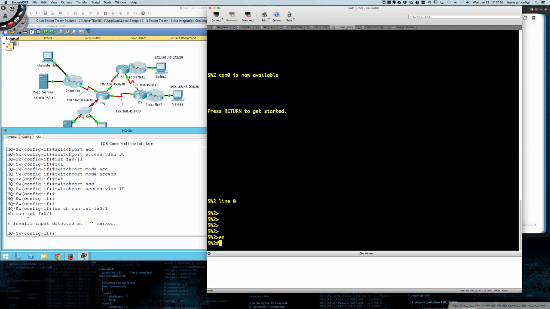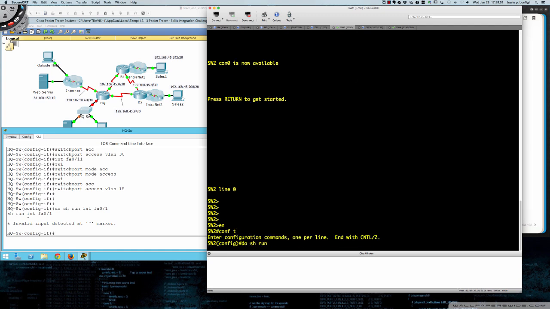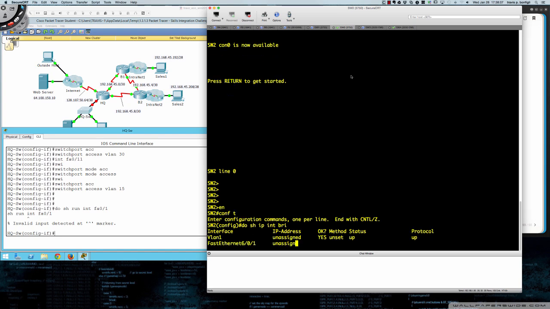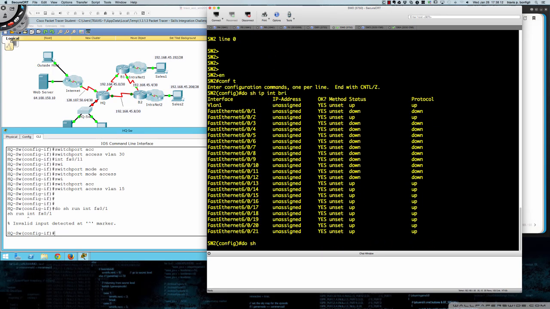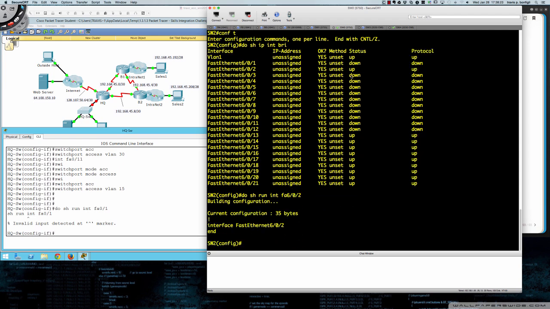So even if I was in global config mode, if I do show run interface, and now I'm realizing I'm not sure what the interfaces are here. So how about do show ip interface brief, and yeah, so Fa6/0. I'll pick any of these. So do show run interface Fa6/0, and what might we have something on? How about 2? So this is a valid command, and what this command does is it actually shows you the